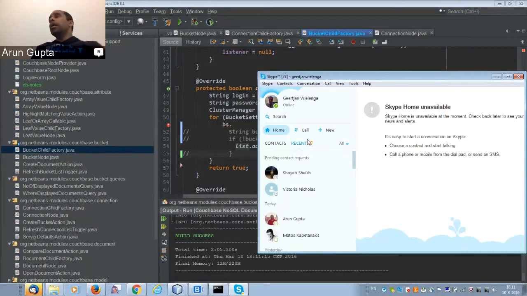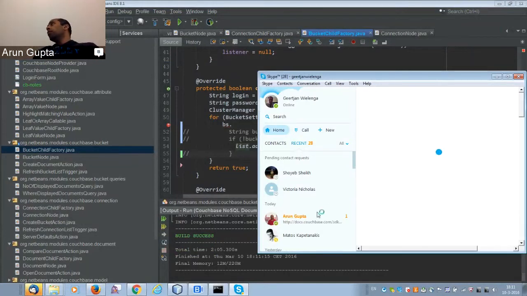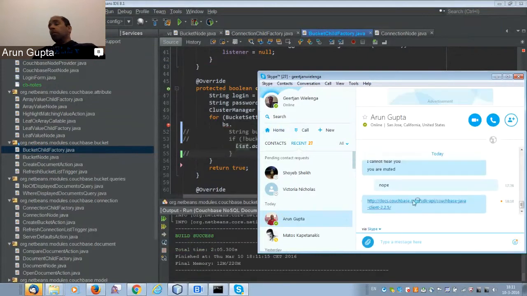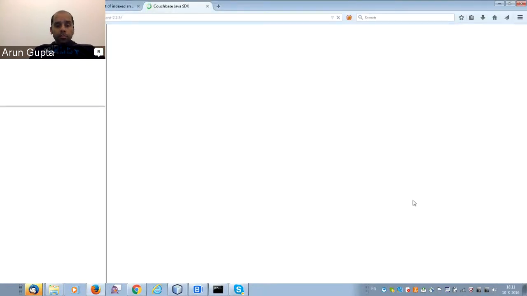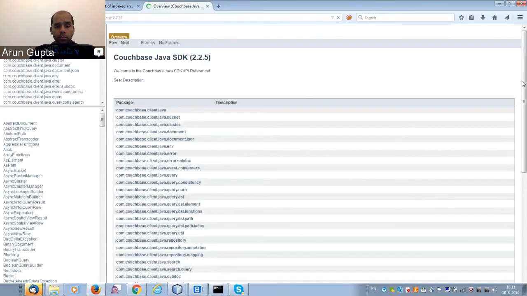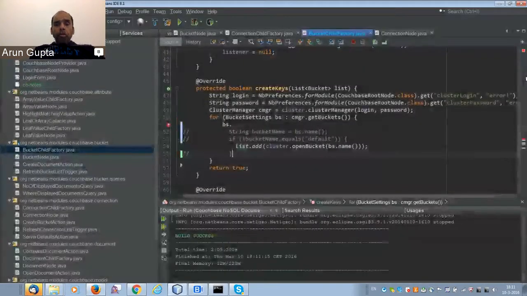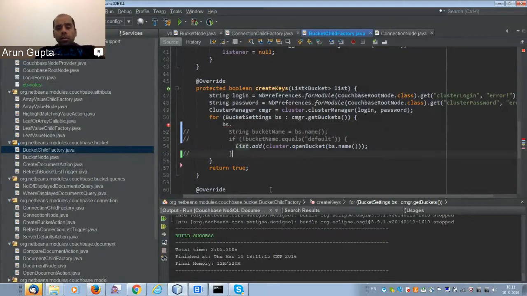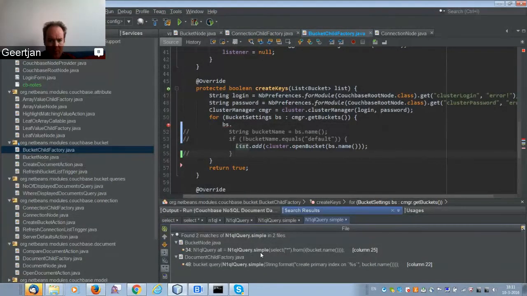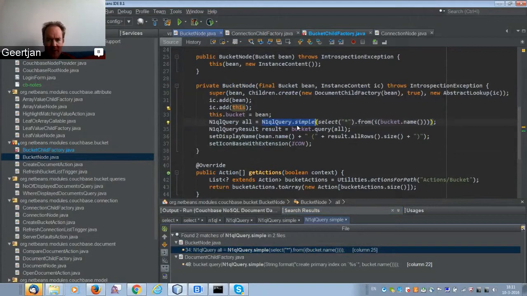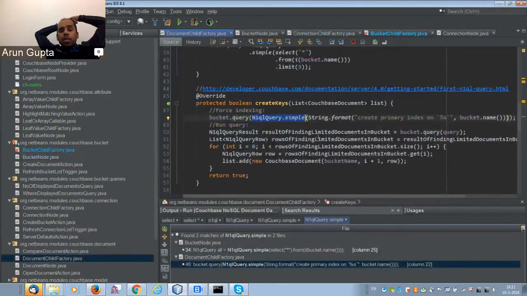What do you mean? But an index is on a bucket though. Yes, an index is associated to a bucket but has an independent life. So it could be that the bucket API doesn't necessarily know about the indexes, even though the index knows about the buckets. Right. So can we do one of these N1QL queries to find out whether something is indexed or not? Yes, I think that's what we need to do: select star from system:indexes.